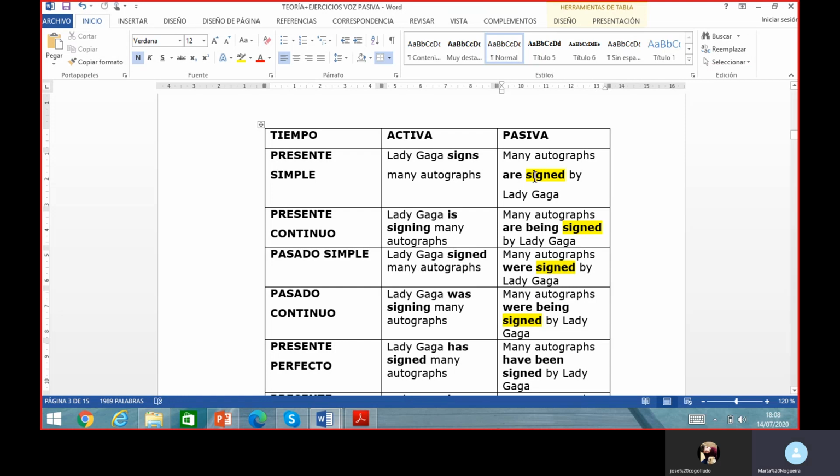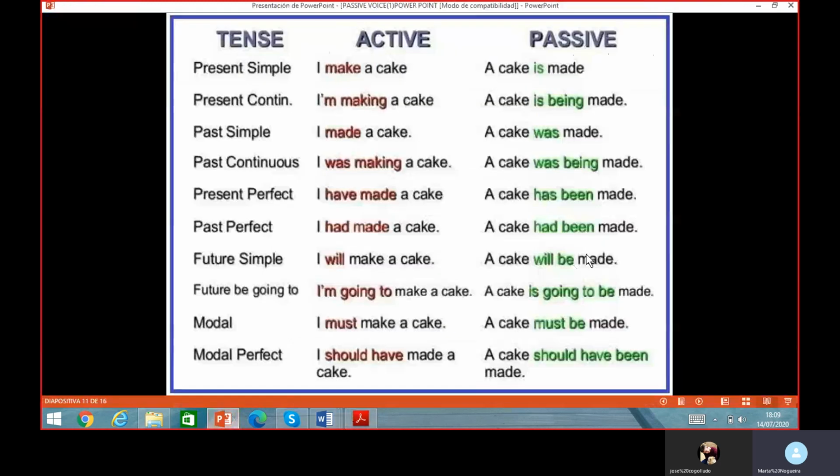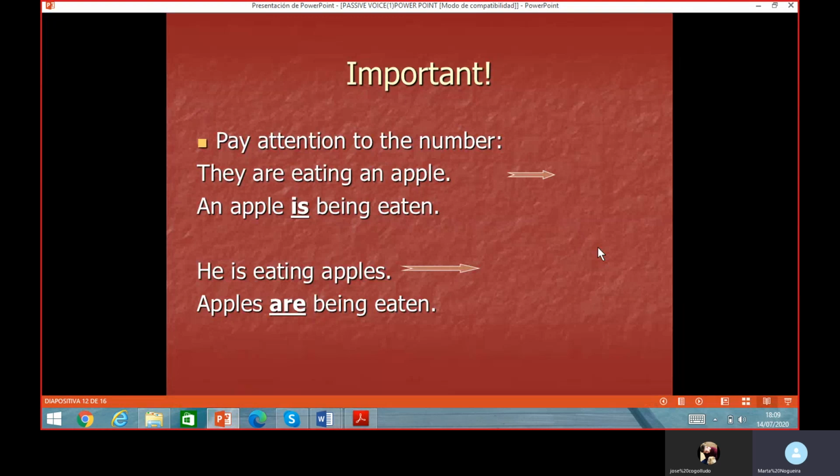So, what is the difference? The verb to be in the present, so present simple, to be in the present continuous, to be in the past, so this is past simple, in the passive. You have to recognize a passive, and you have to include a passive in the writings to show that you have the level, because this is C1, so you are supposed to include the passive voice in the real exam. Okay, so you have equivalencies in there, and this is very important that we pay attention to